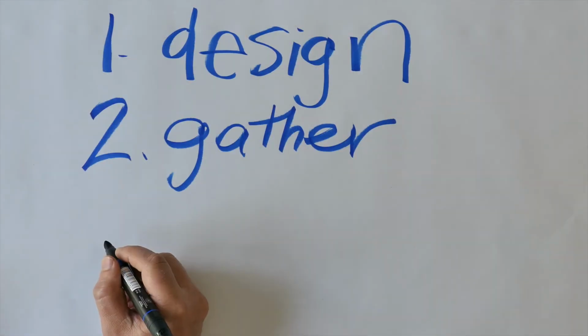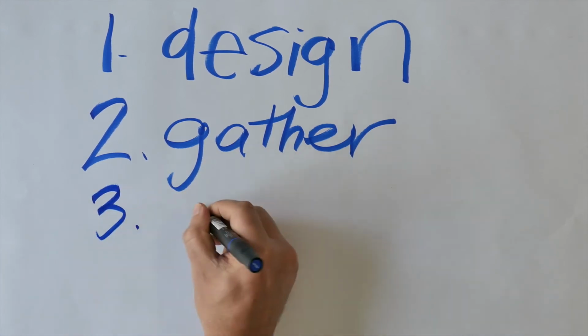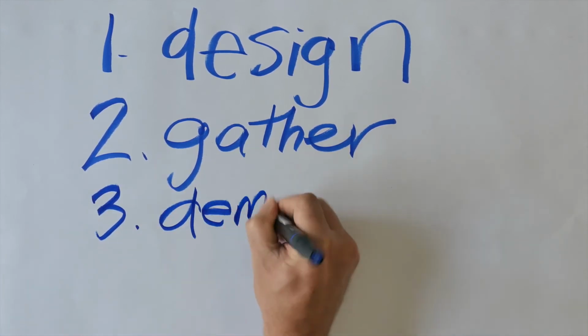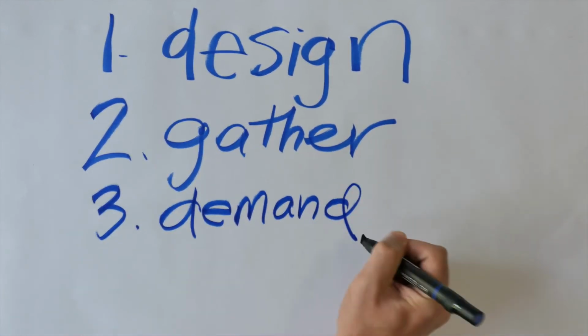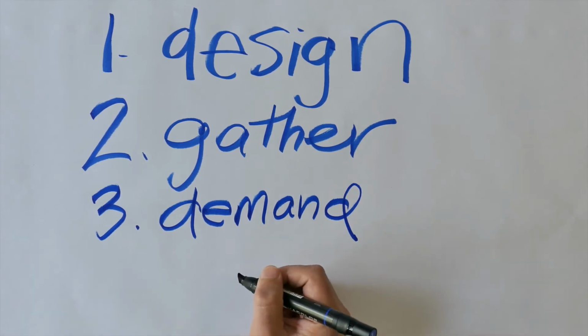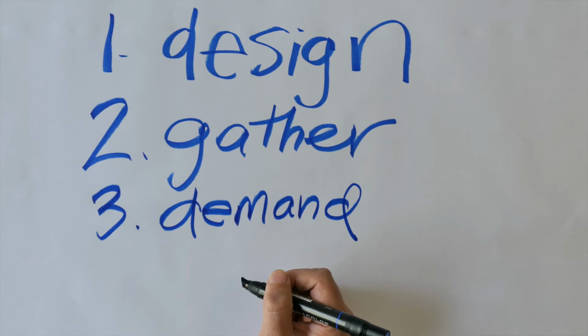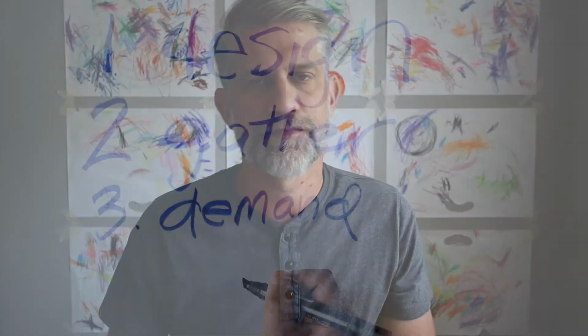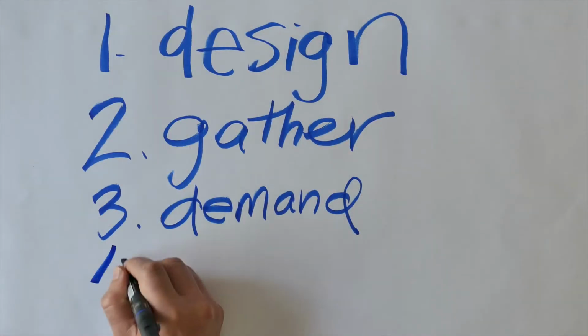And now the third part of your case is the demand phase. This is where we put together your demand package and send it off to the insurance company with a proposal for settlement. Now, if the insurance company doesn't give us full value for your case and they force us to file a lawsuit, the next step along the way